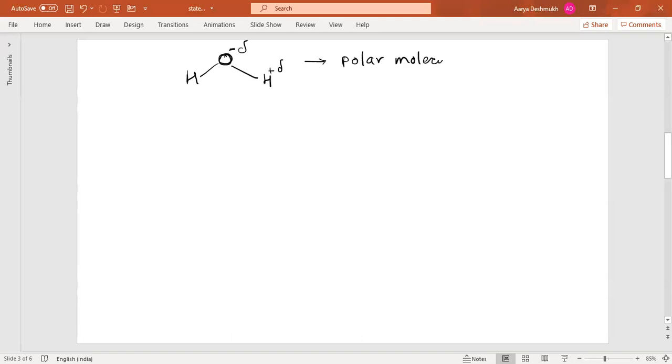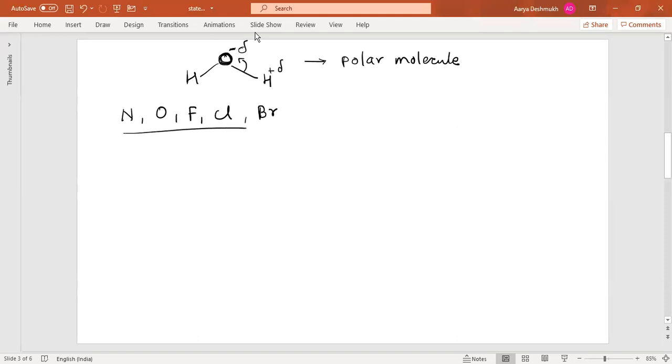Okay, it means this bond between oxygen and hydrogen is somewhat shifted towards this oxygen, and it induces or produces a partial negative charge in oxygen due to the more electronegative nature of this oxygen atom. It means elements like nitrogen, oxygen, chlorine, bromine, and so on,